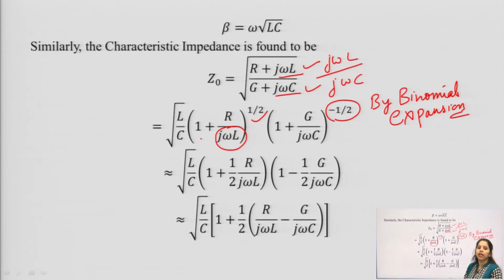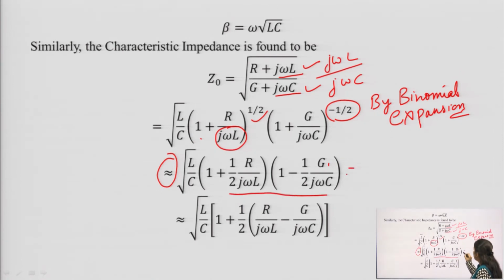That is why we have just taken the initial order terms of the binomial expansion and discarded the higher order terms. When we take just the initial terms, we have the approximate value, which is given by under root L C, 1 plus half r upon j omega L, 1 minus half g upon j omega C. Now, the next one is under root L upon C, and when we multiply the expansion,